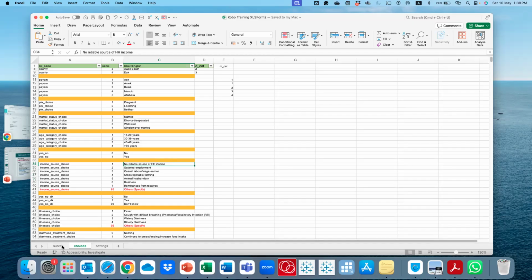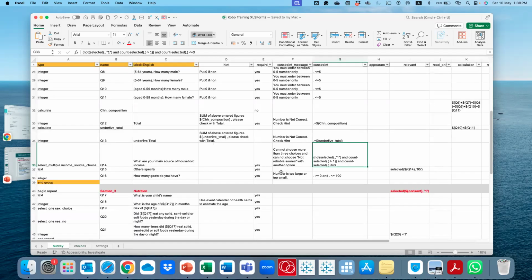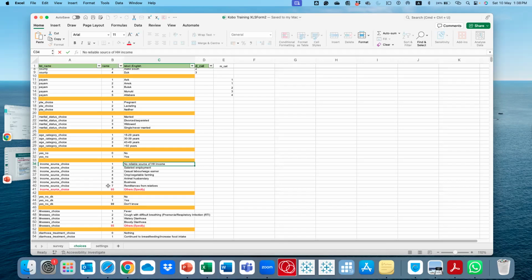Otherwise you get options that are very hard to interpret. And this is the syntax that you use in KoBo. You can just copy this, paste it somewhere, and change things. You say you cannot select one, which is not selected. One in this case is here; we are using this name, as we said, the coding name.